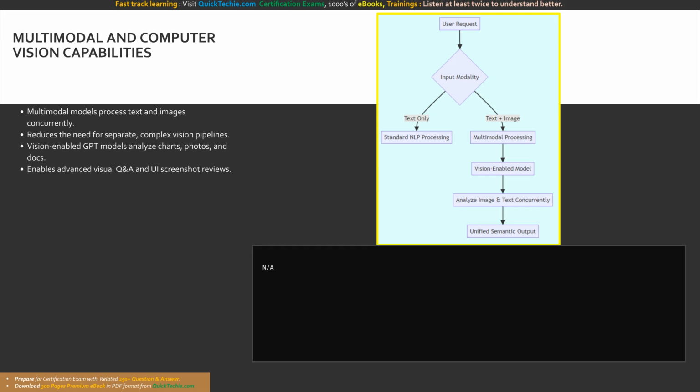A multimodal model can understand and work with text, images, and sometimes even audio concurrently. This incredible capability drastically reduces the need for separate, complex computer vision pipelines. When evaluating models for visual tasks, look for vision-enabled GPT models in the Foundry catalog. Models like GPT 4.1, GPT 4.1 Mini, and the highly advanced GPT-5 series are specifically designed for flexible, general-purpose visual